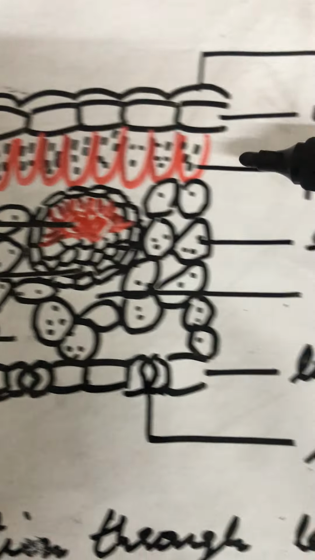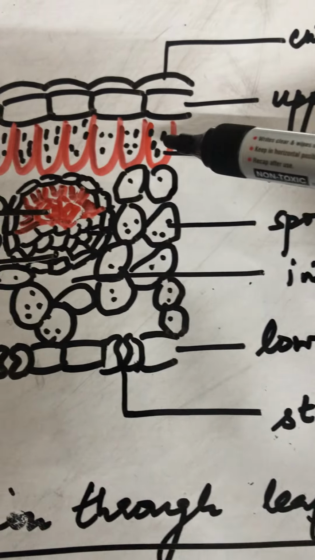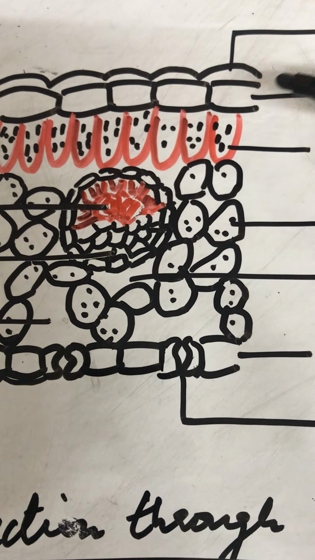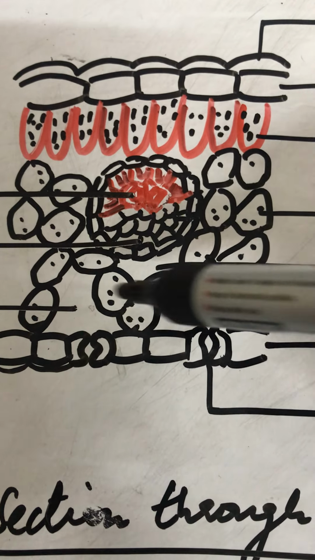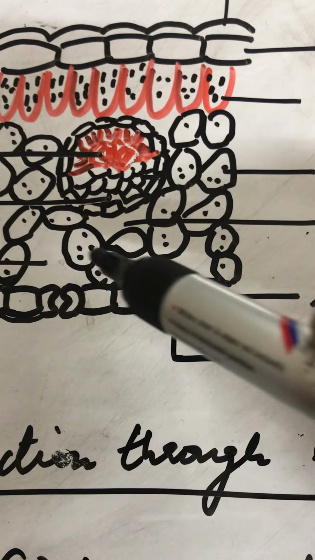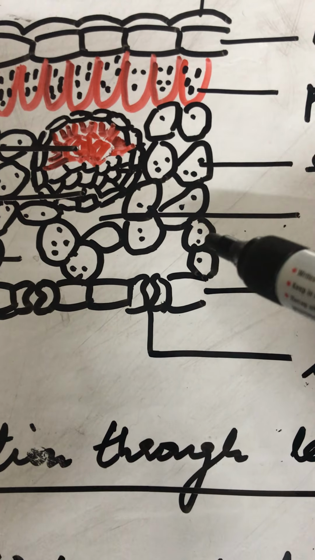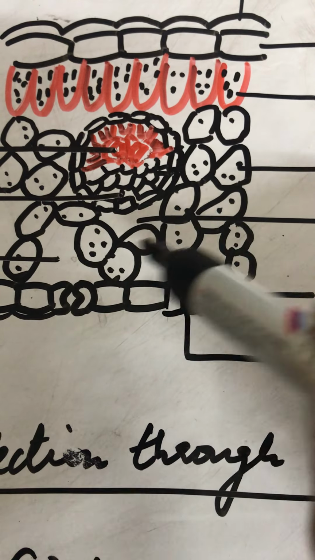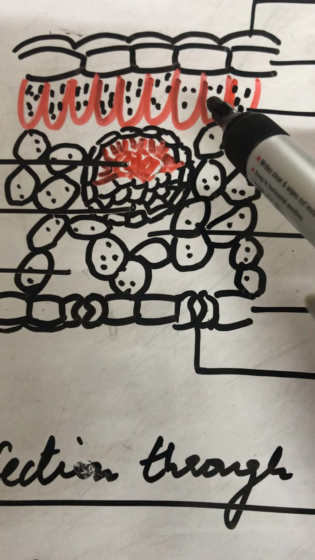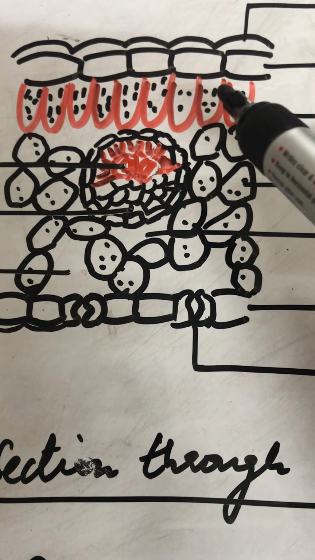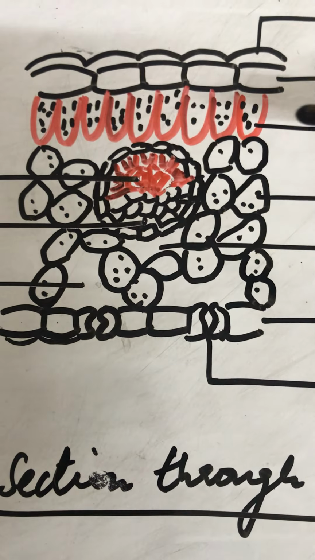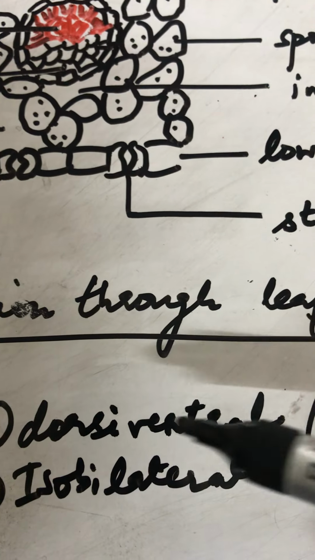Close to the upper epidermis, these cells are called palisade mesophyll cells and they are loaded with chloroplasts. As you can see, there are loads of chloroplasts here. But here you don't have any palisade cells, you have some spongy mesophyll cells. Black dots drawn here are fewer, which represent the chloroplasts. So here chloroplasts are fewer. Greater is the number of chloroplasts, greater would be the chlorophyll present in them, and more green would be the upper surface. So a dorsiventral leaf is that which has distinct or different upper and lower surfaces.